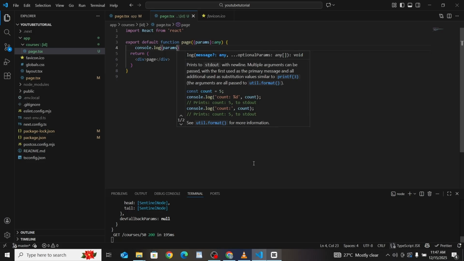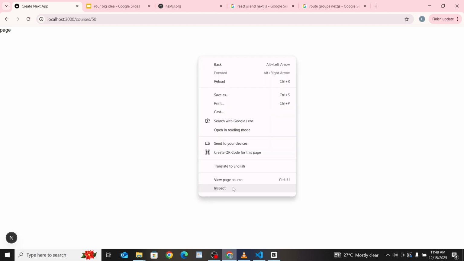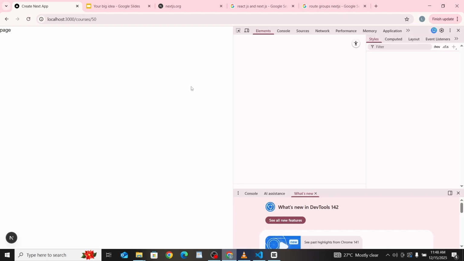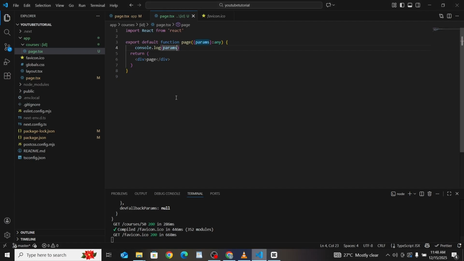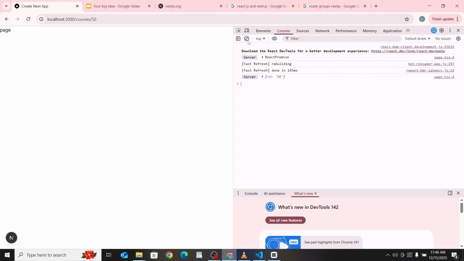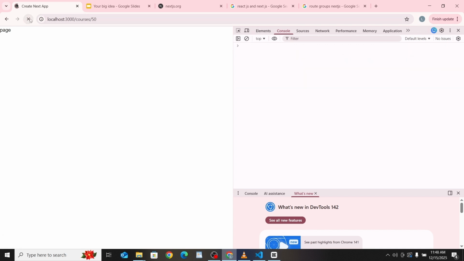Now when we save it and open our browser, let's refresh and see. You will see that nothing shows up. Now let's inspect our console and see what happened. You could see in our console a promise, or React promise. So in order for us to get the params, we have to add await to our params. You see that it's giving us a warning. All we have to do is turn it into an async function. So now when we save it and open our browser, let's clear the console. Now when we refresh,